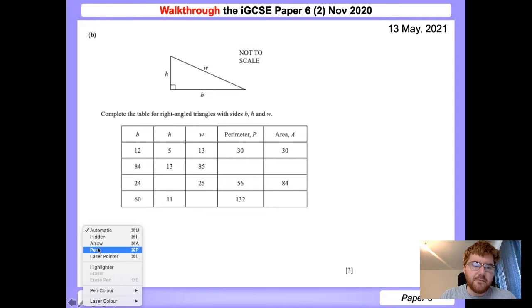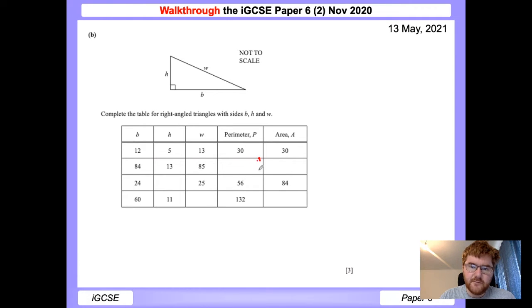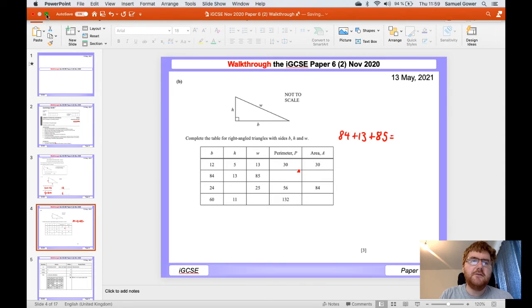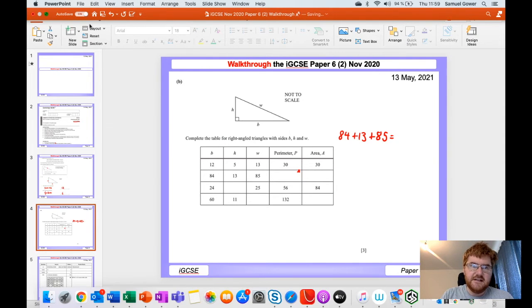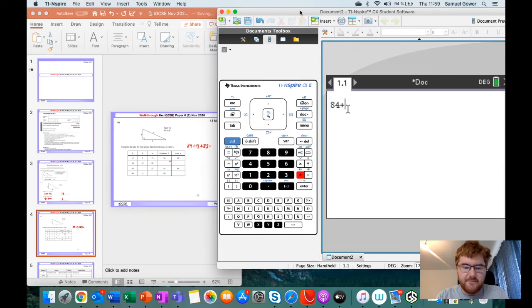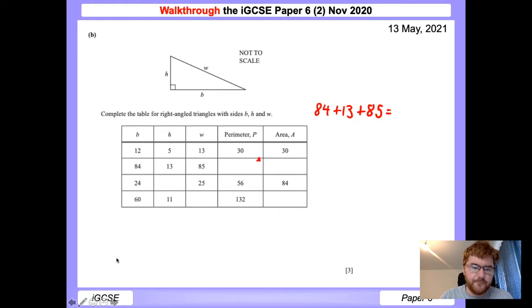So to work out the perimeter, for this one here, we're just going to do 84 plus 13 plus 85. Okay, and then just work that out. Now, you can just use your GDC. Again, you can always double check that you're doing everything correct by using your GDC. So if you just type it in, we have 84 plus 13 plus 85, and then that gives us the perimeter, which is 182,